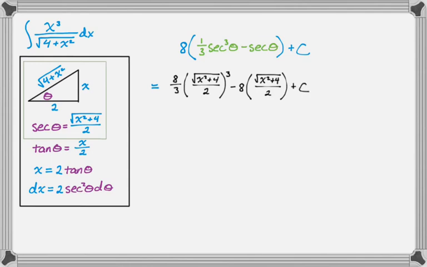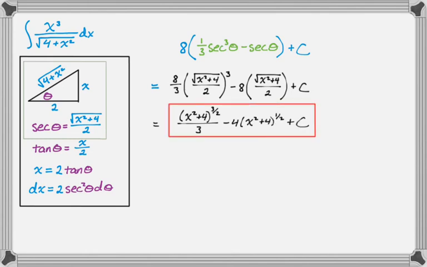And then plus c. There's a little bit of obvious stuff that I can simplify here, so I'm going to do that. So the 2 cubed in the denominator is 8, and the 8 over 8 cancel. And then 8 over 2 rather cancels, obviously, plus c. So you might choose to leave your answer like that, but it's possible that you actually would get a slightly different answer. So I'm going to factor this because there's a x squared plus 4 to the 1/2 in both of them. So if I factor that out,